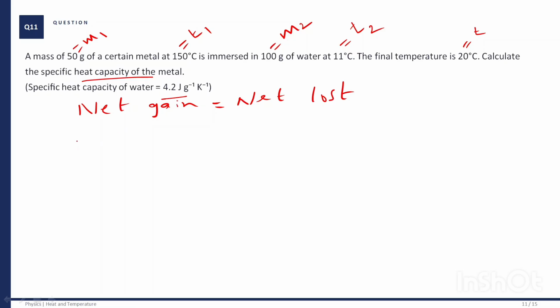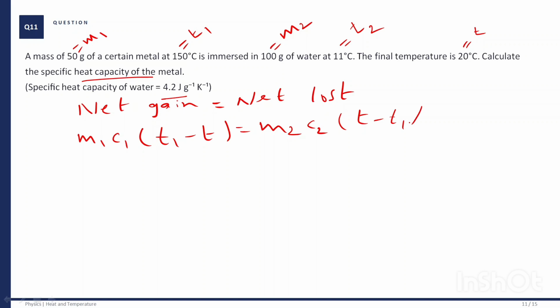Formula: M1 C1 of T1 minus T equal to M2 C2 of T minus T2, where T1 is the highest temperature,